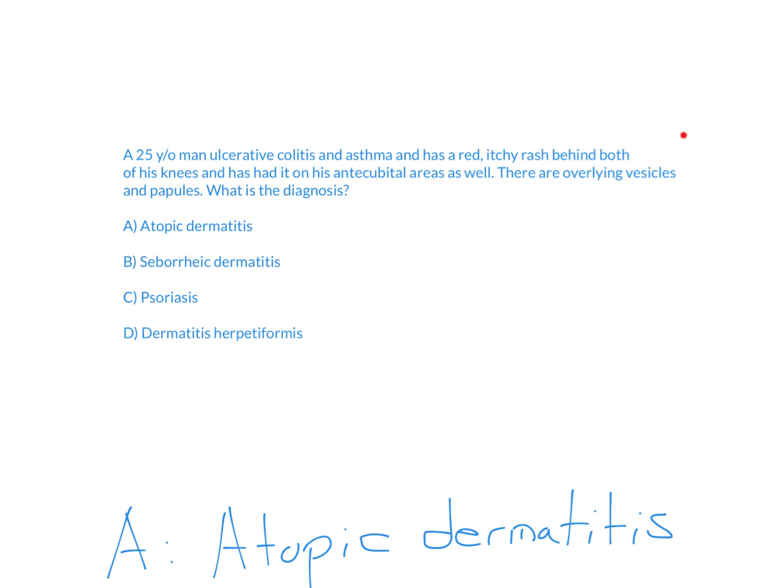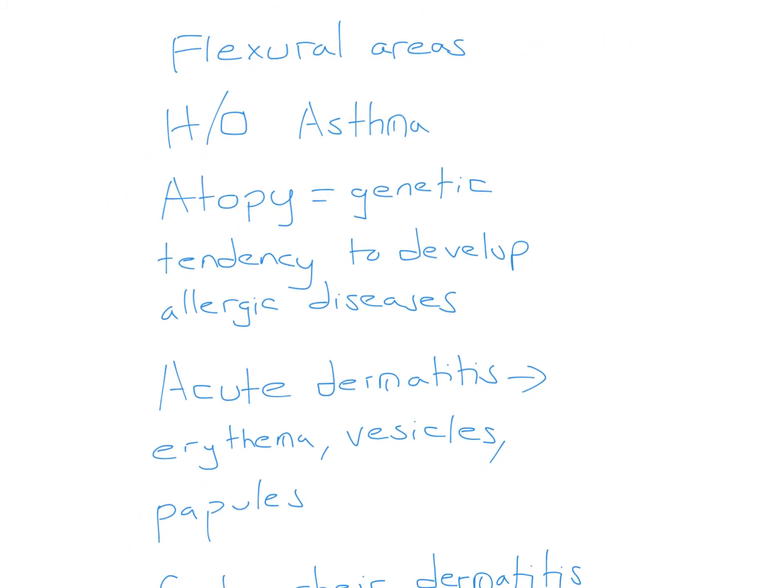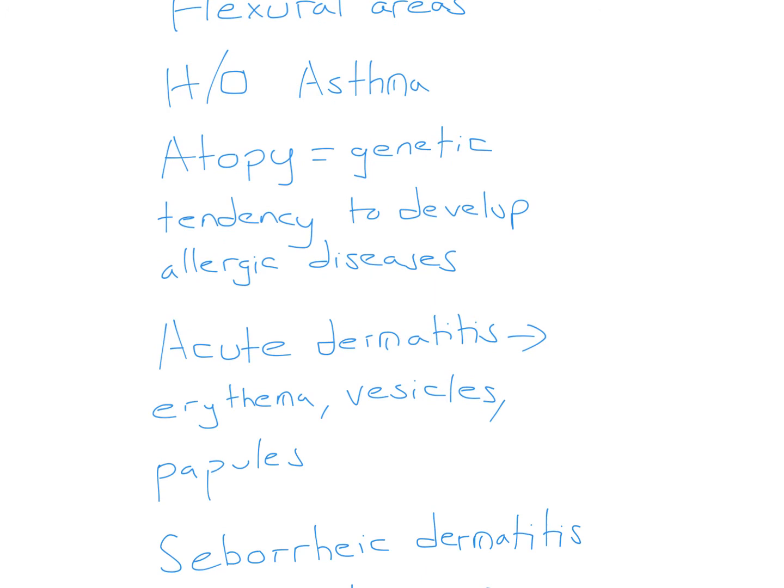And the second part, with the overlying vesicles and papules, just means that it's an acute dermatitis. That's why you can see the erythema, the vesicles, and papules if you have an acute dermatitis in the